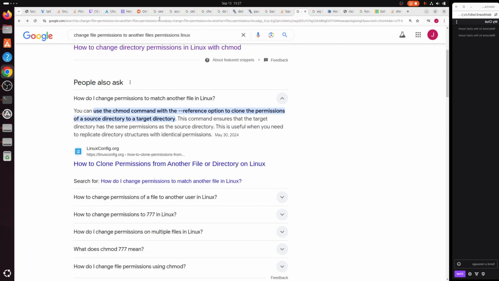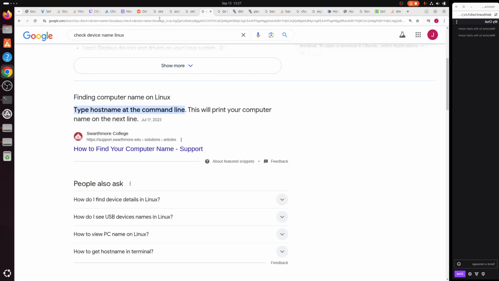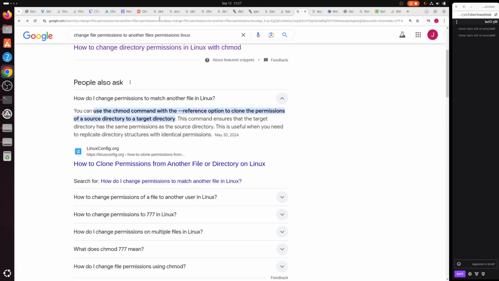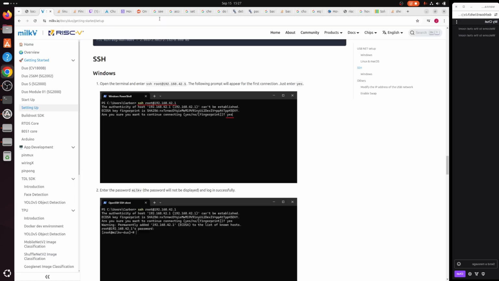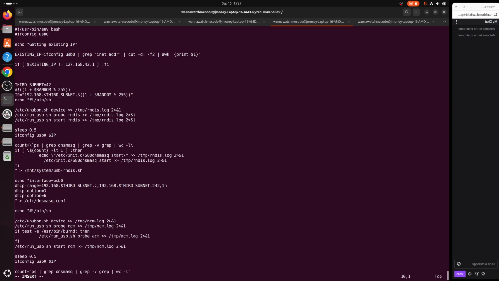Okay, where's the Milkweed Duo documentation again? Here we go. 192.168.42.1. Then fi. Oops. Then fi. And then we'll do echo IP has already been updated to non-default